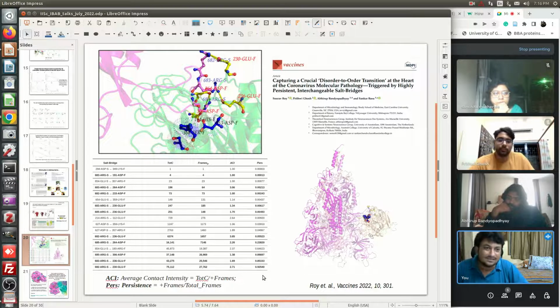In not a single one of these structures could I find the coordinates of the FLCS loop. So it was entirely missing, and that